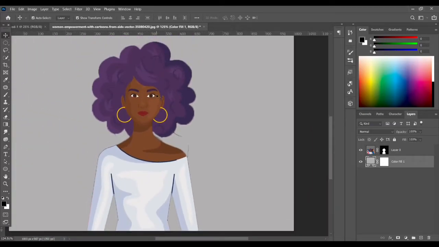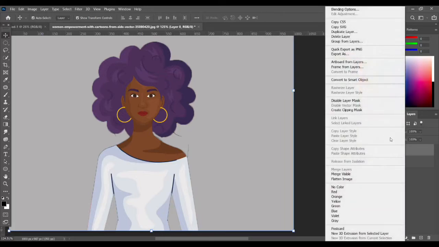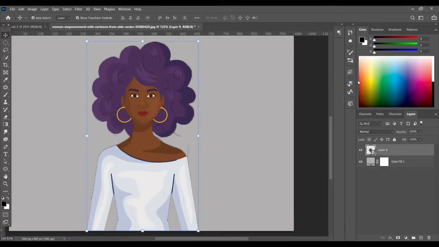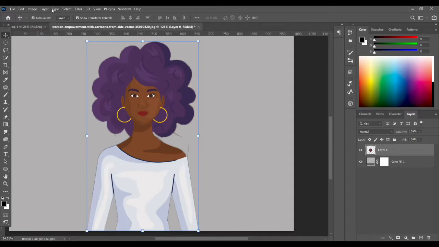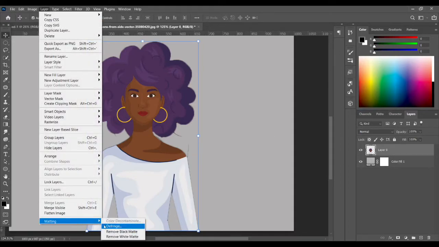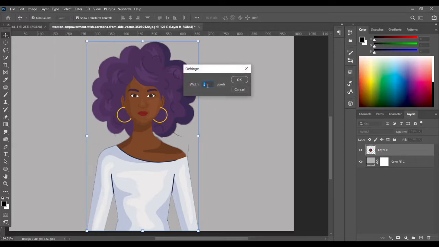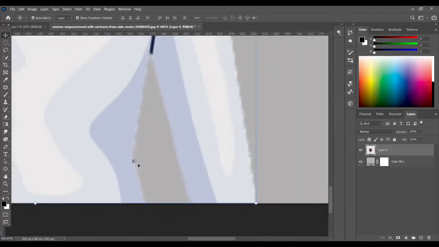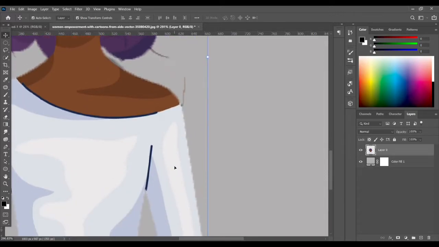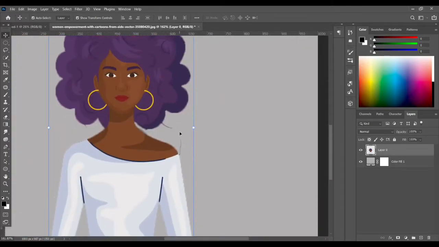To remove it, just go to your main layer and right click from your mouse and click on convert to smart object. Then again right click from your mouse and click on rasterize layer. Then go to your layer, matting, refine edge, and set it to 1 or 2 as you want according to your images and click OK. Now if you see, the color is removed, or you can say the matte is removed, but